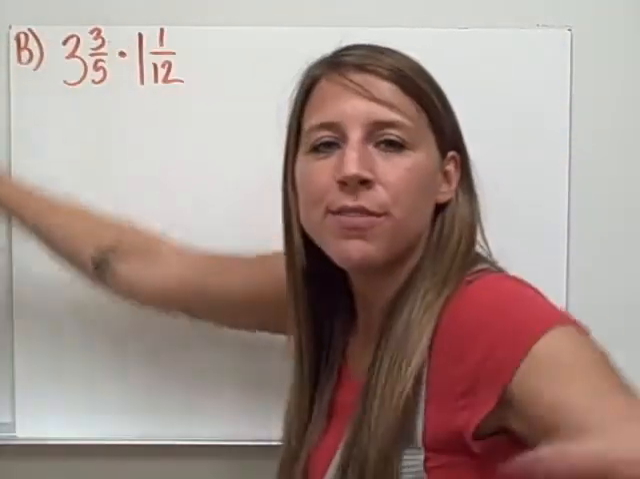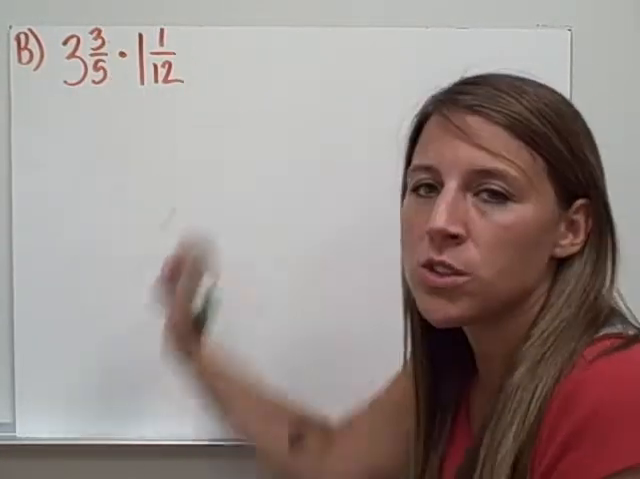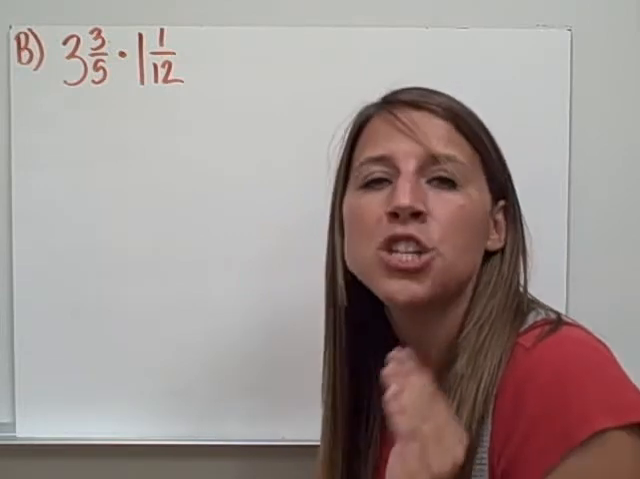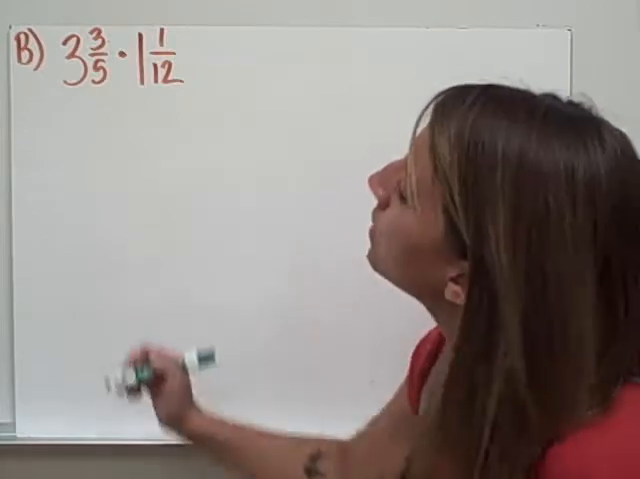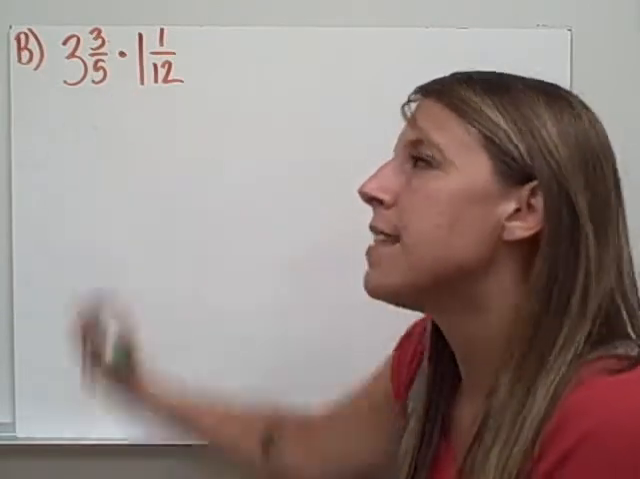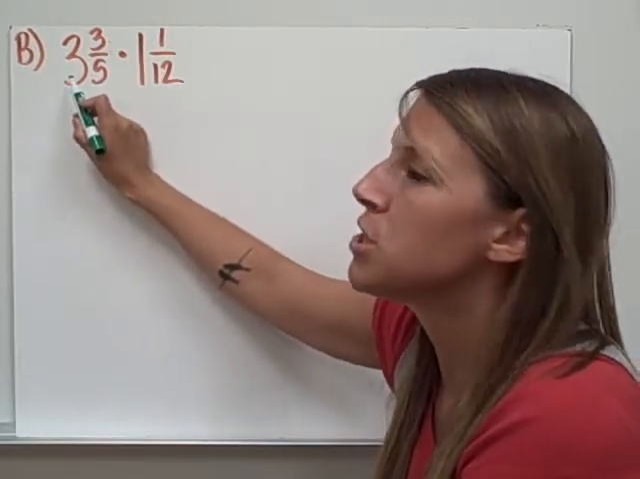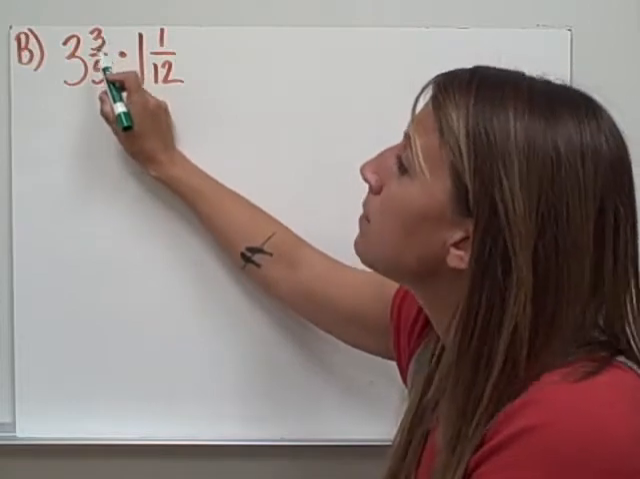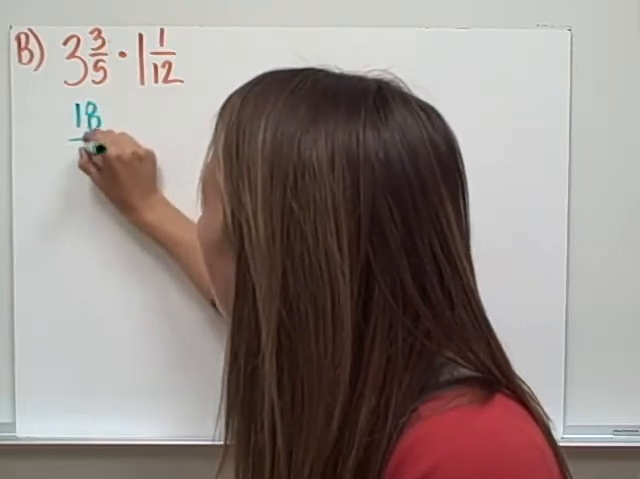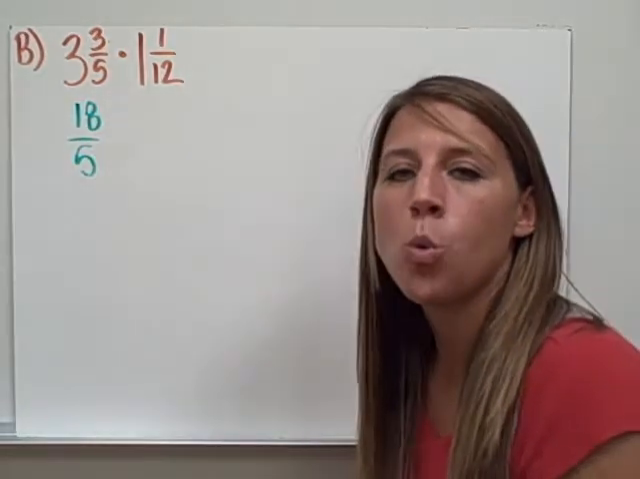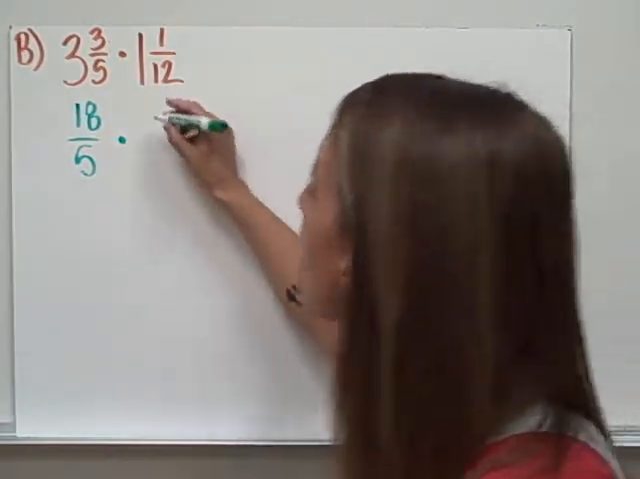So we're going to just try a couple of examples together. In this example, we have 3 3/5 times 1 1/12. The first step is to turn both mixed numbers into improper fractions, and I'm going to follow those steps to help you out. In order to turn 3 3/5 into an improper fraction, we need to multiply the denominator by the whole number. 5 times 3 is 15, plus 3 is 18. So that's going to be 18 over 5. I have to do the same thing to 1 1/12. 12 times 1 is 12, plus 1 is